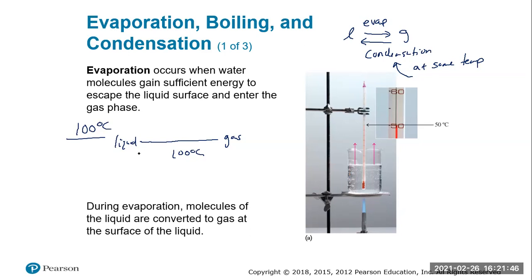So when you're transitioning, say, water at 100 degrees Celsius, it remains at 100 degrees Celsius as it goes from liquid to gas at 100 degrees Celsius. Same idea, not until you get a little bit above 100 degrees Celsius do you really get gas. Not until you get a little bit below 100 degrees Celsius do you get liquid water. This occurs at the boiling point of a substance. Water's boiling point is 100 degrees Celsius in this particular case.